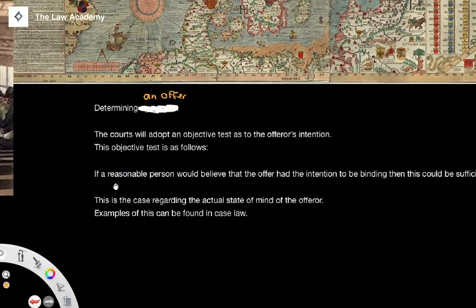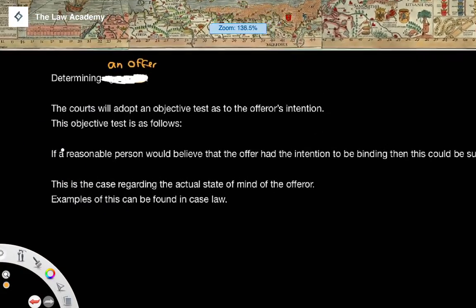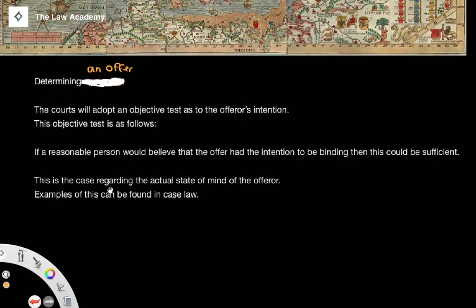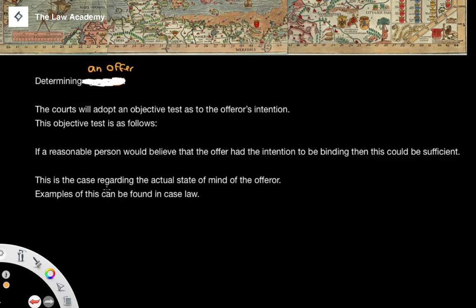So in determining an offer, the general practice is that the courts will adopt what we call an objective test as to the offerer's intention. This objective test says that if a reasonable person were to believe that the offer had the intention to be binding,